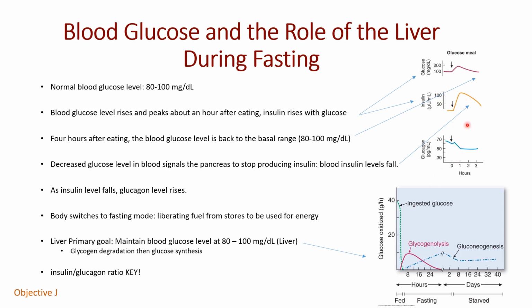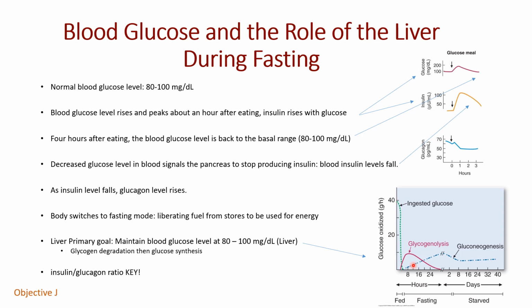But what happens after this? What happens when you're at this point down here? Well, this graph is showing you when you've had a glucose meal and your glucose is coming in from the absorption from the gut, the glucose is being used as energy. It's going to be that ingested glucose. But very quickly, over a period of 2 to 4 hours, that glucose is absorbed, that glucose is taken into cells, and your blood glucose level is going to fall off,